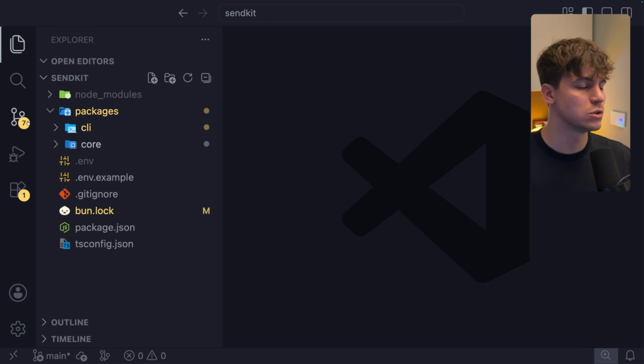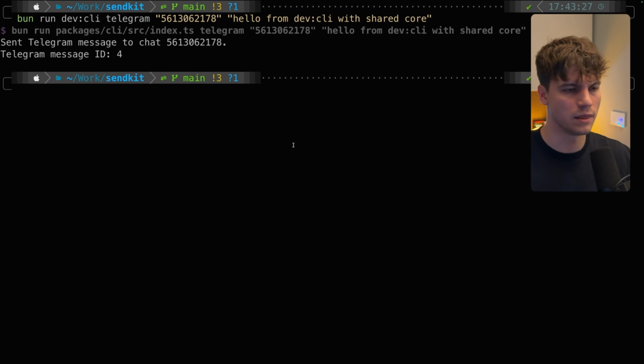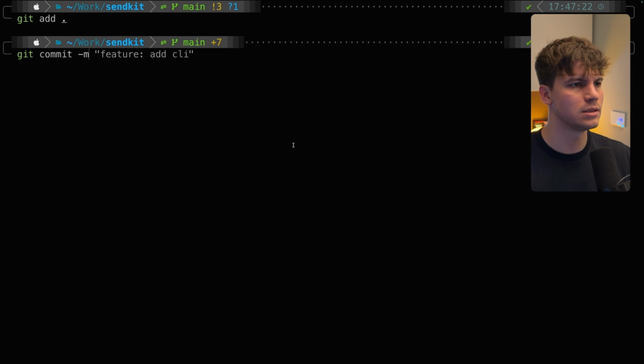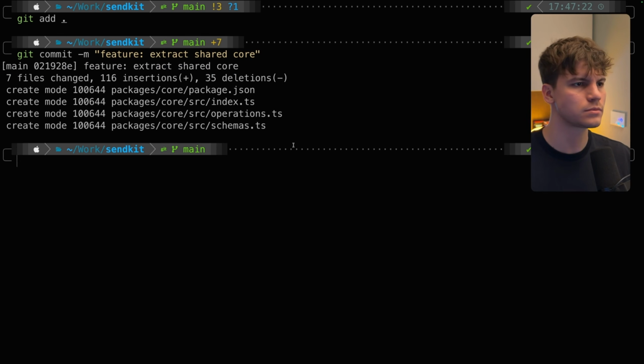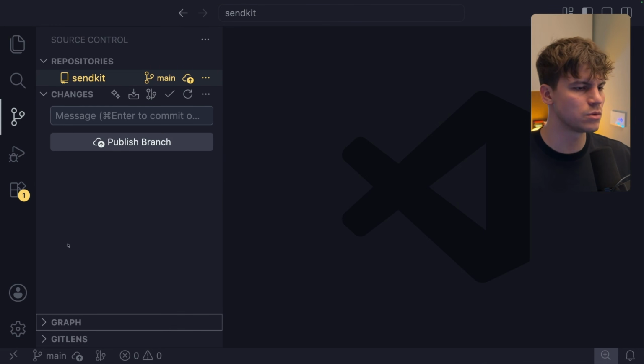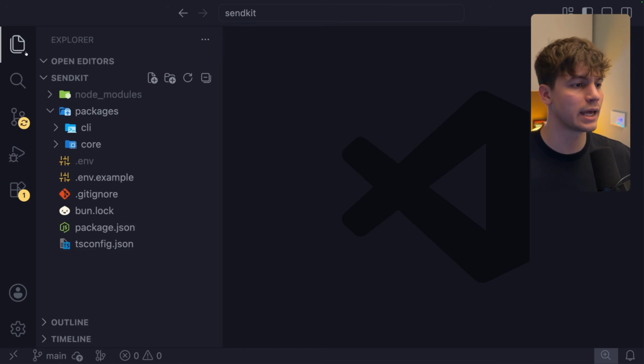So what I would suggest is just committing these changes so you can safely go on to the next lesson. So git add, git commit -m feature add, or let's do extract shared core. As simple as that, and then you can see I have no more uncommitted changes here. This isn't really required, but I think it's easier for you if you do some commits so you don't accidentally